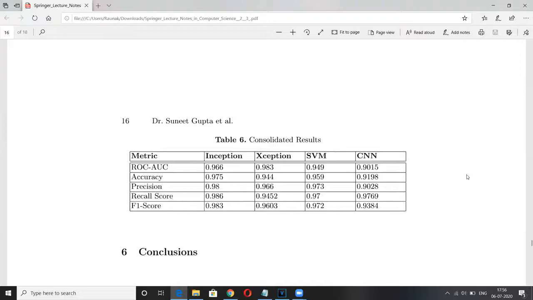The only case where the Xception model does not have the upper hand is the ROC AUC curve, where the SVM model stands out a bit because it actually performs better than the Xception model in some aspects. The CNN model has a high recall score, but the rest of its values are not up to the mark when compared to other methods.